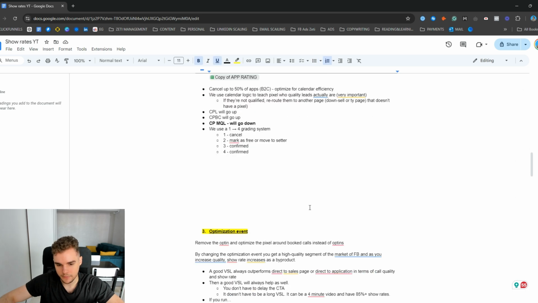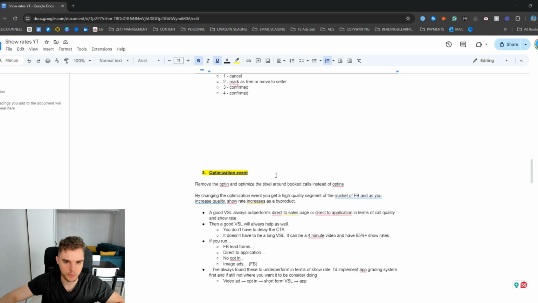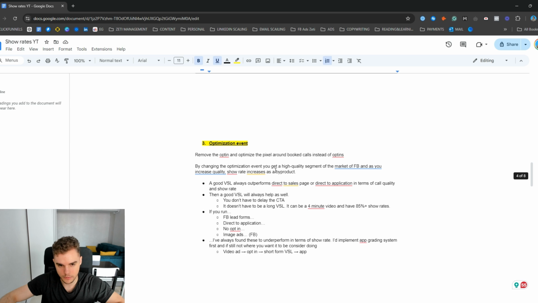Now, the third lever is actually when it comes to media buying and ads, and it's actually about the optimization event. So what you want to do is you can play around with your funnel, and you can remove the opt-in, and optimize the pixel around booked calls instead of opt-ins. And this is pretty much what I told you here earlier, right? But by changing the optimization events, essentially, you are going to reach a higher quality segment of the market on Facebook,